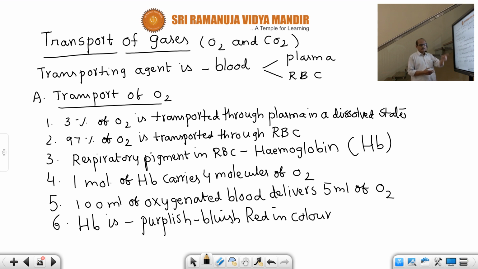Then the purplish, bluish, red colored hemoglobin is converted into bright red colored blood. When the bright red color is there, your body is purifying your blood like anything. That respiratory capacity, inhalation capacity, is there to inhale more and more oxygen and purify the blood. So Hb is purplish, bluish, red in color. When it binds with